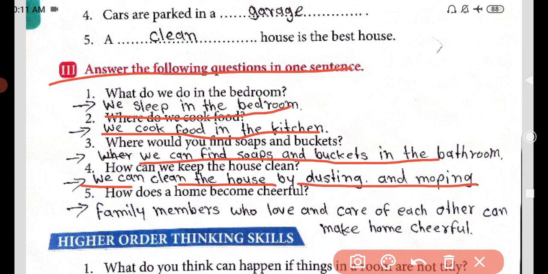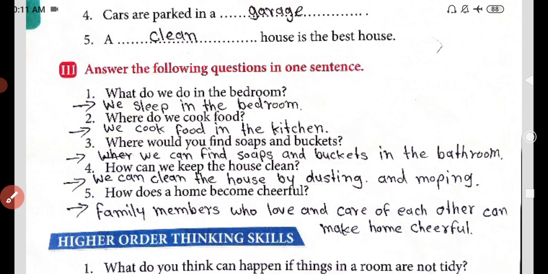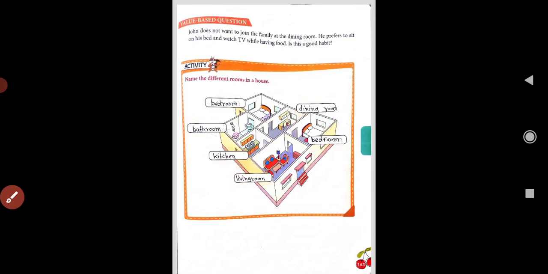How does a home become cheerful? Family members who love and care for each other can make a home cheerful. Yes. Now next is that